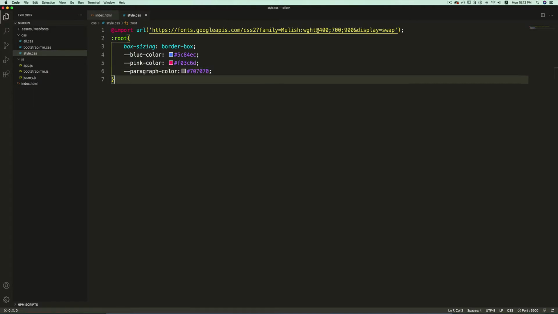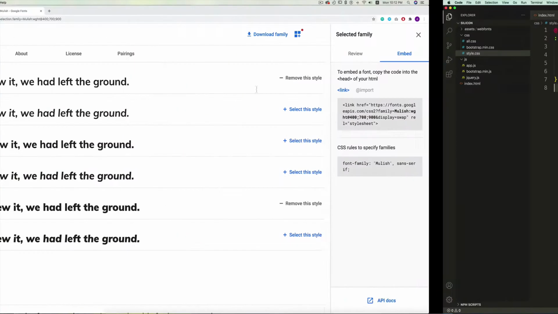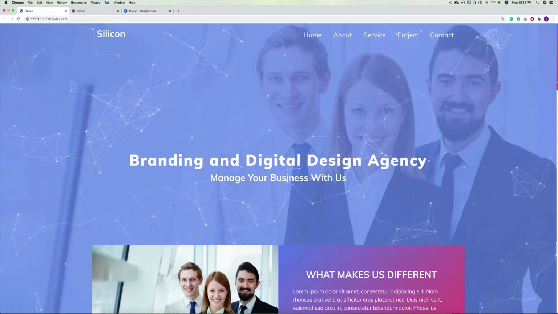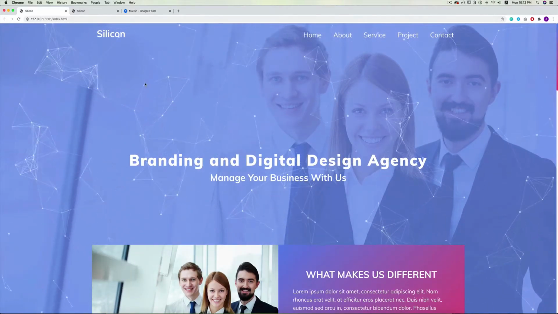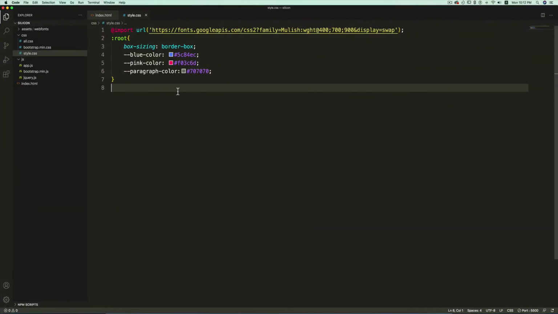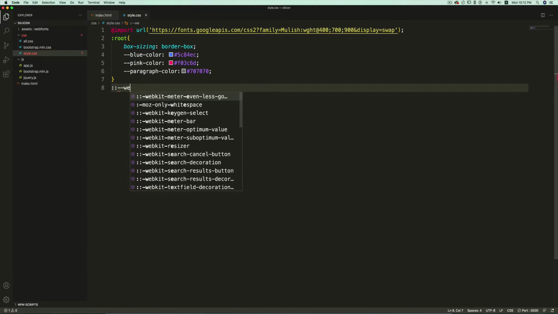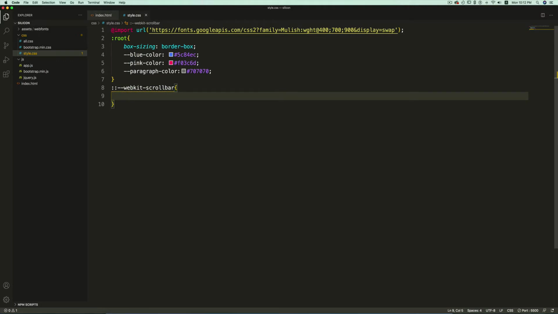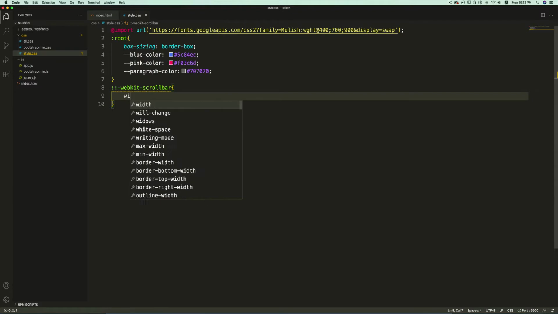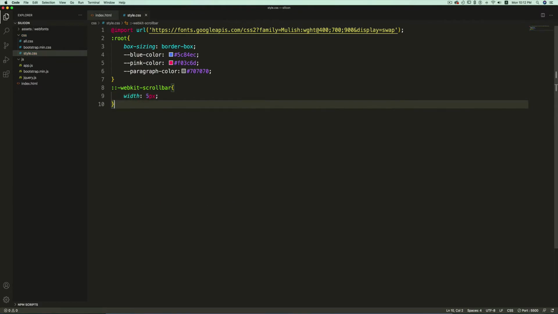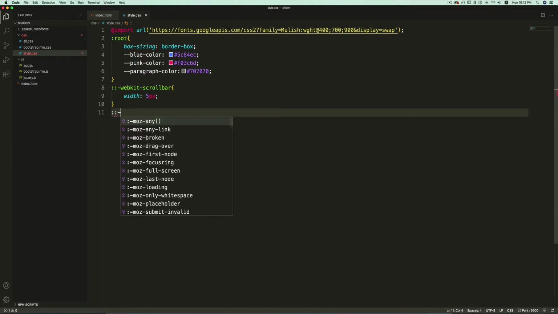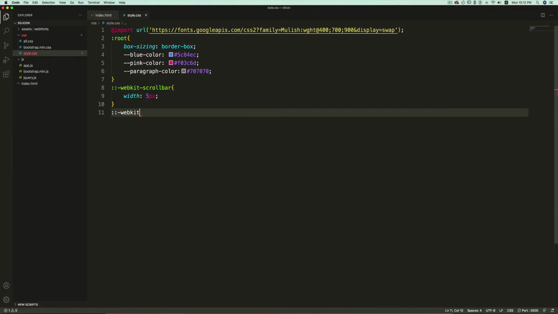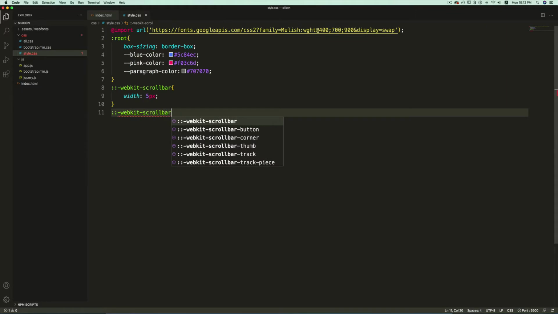Now I'm first going to style the scroll bar. As you have seen in the final project, we have this scroll bar. So I'm going to style it first. I'm going to target it using what is called WebKit scroll bar. Here I'll set the width to 5 pixels, and again WebKit scroll bar thumb.